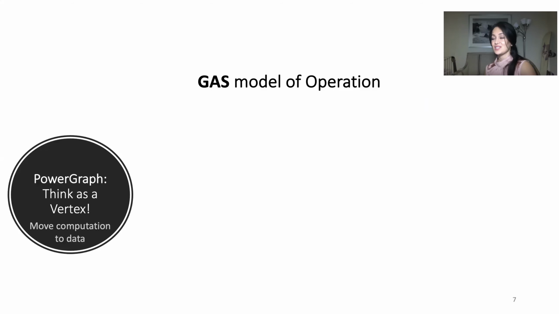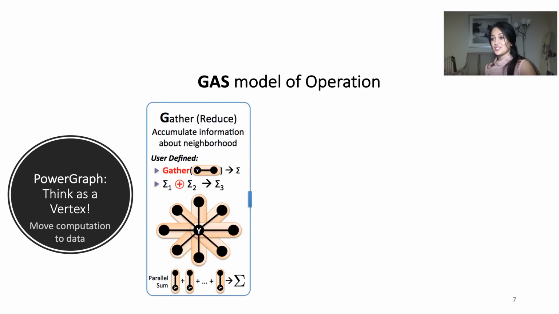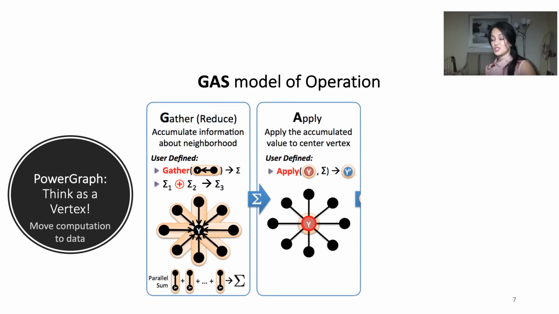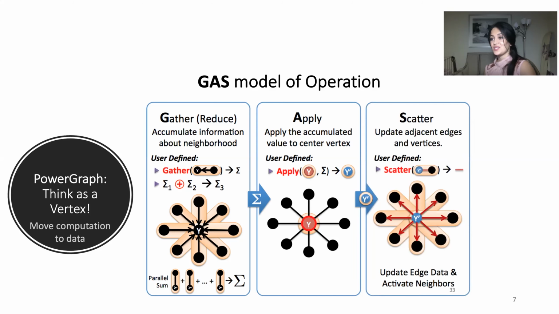In the frameworks, the data is assumed to reside in a graph structure, and the result of computation is reached through an iterative process. It's called the GAS model of operation, which stands for gather, apply, and scatter. At first, the data is gathered from all edges to their neighboring nodes. Then, in apply phase, a computation, which can be computing gradient descent values, is applied on the data at each node. And finally, the processed data is scattered back to the neighboring edges. And then the next iteration starts.